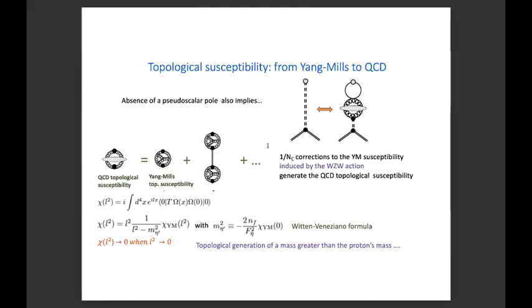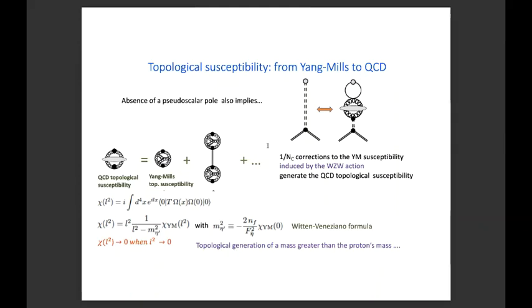So this can be expanded in a 1/N expansion in terms of the Yang-Mills topological susceptibility times the coupling of the Yang-Mills to this eta bar field. So that's the Veneziano-Witten coupling. There's an exchange of the eta bar, and then you have another such Yang-Mills bubble here. And since the denominator of the Veneziano-Witten term is the square root of N, this is a 1/N correction. And so you can do a resummation of all such 1/N corrections here.